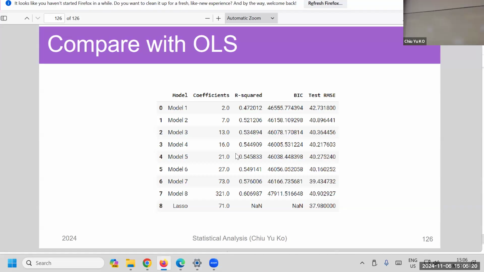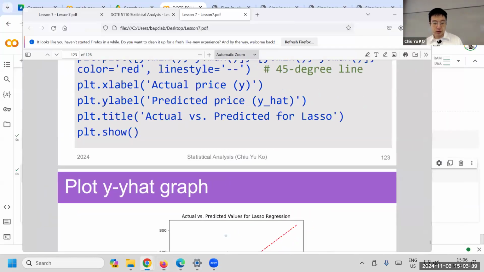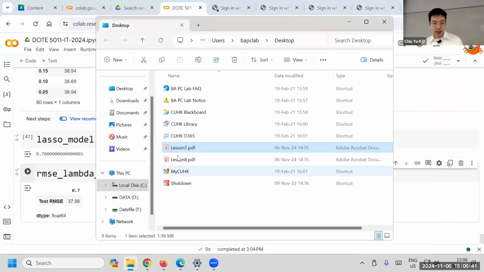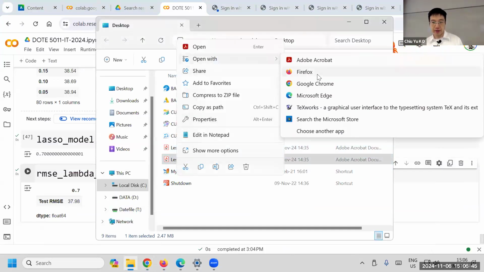I don't want to spend too much time on LASSO because I want to go to the most exciting thing, which is regression tree and random forest. Okay, so I think you can run all this code without any problem, right? If you have no further questions, allow me to jump to this one a little bit before we have a break,